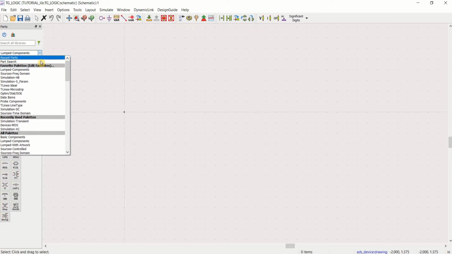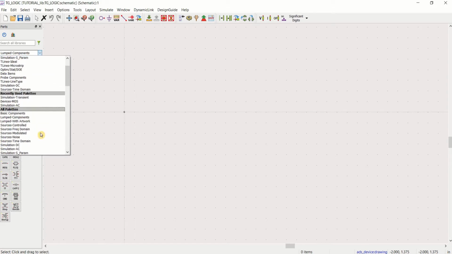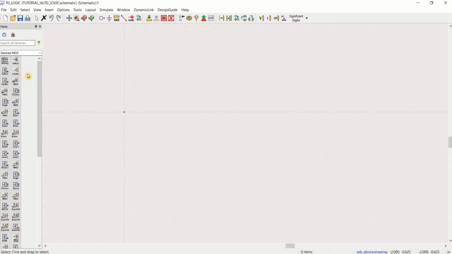Go to the library palette, search for the MOS devices. Devices MOS. You will be made available with numerous types of MOS devices and their models.